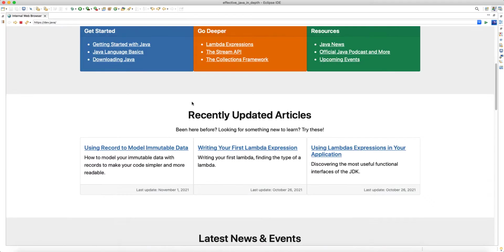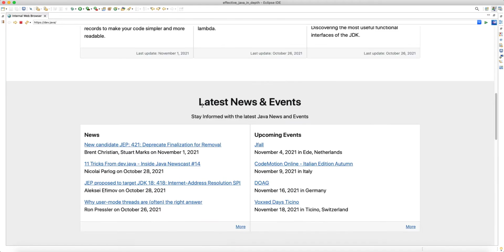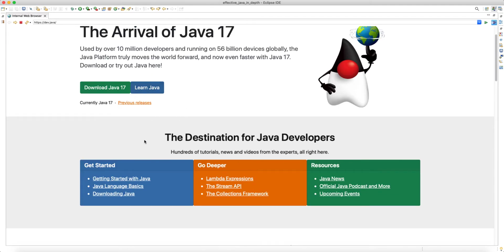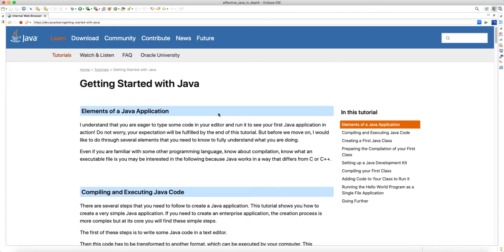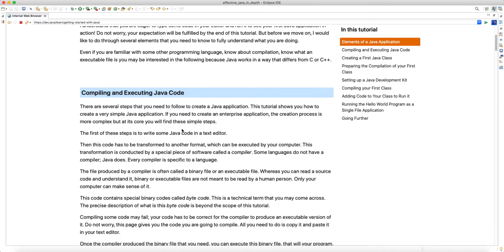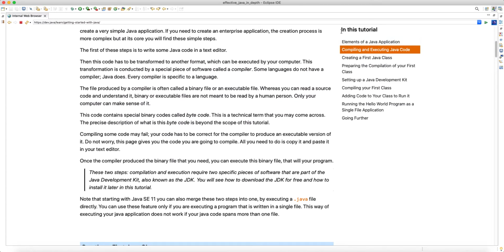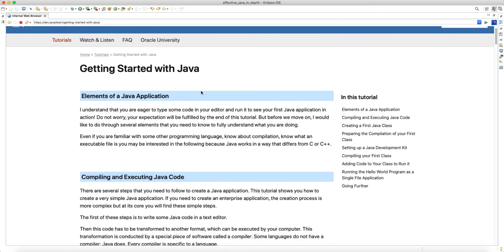Previously we looked at the first page of dev.java, and now let's get started with learning Java. So this part that says get started with Java, let's go inside. And the way they organize these tutorials is very nice. They have an outline of what you're going to basically read in this page or in this tutorial, which is